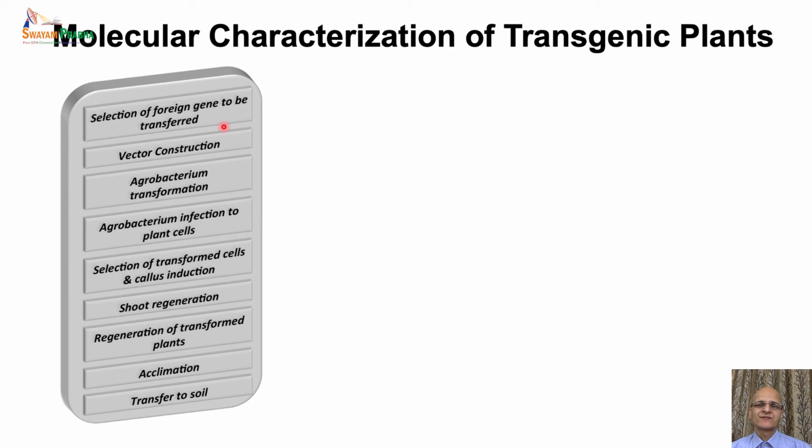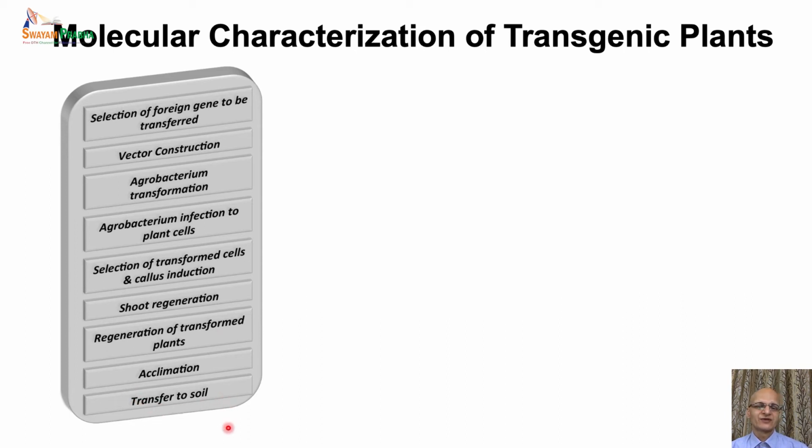There are various steps of the plant transformation we just studied, that is the selection of the foreign gene to be transferred to the plants. Then is the cloning of this gene and construction of a suitable vector for the transformation. Transfer of the vector to the agrobacterium, followed by agrobacterium mediated transformation of the plant tissues, selection of the transformed cells and the callus induction, and next is the shoot regeneration from the callus, followed by the regeneration of the transformed plants by the induction of roots on the shoots. Finally, the plants are transferred to the soil